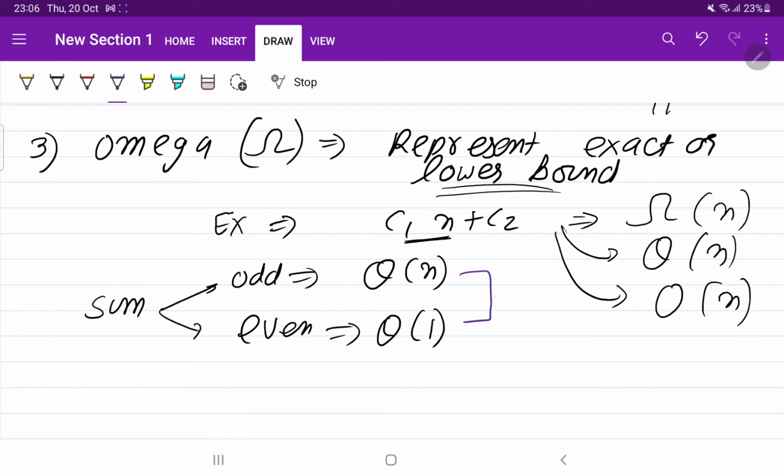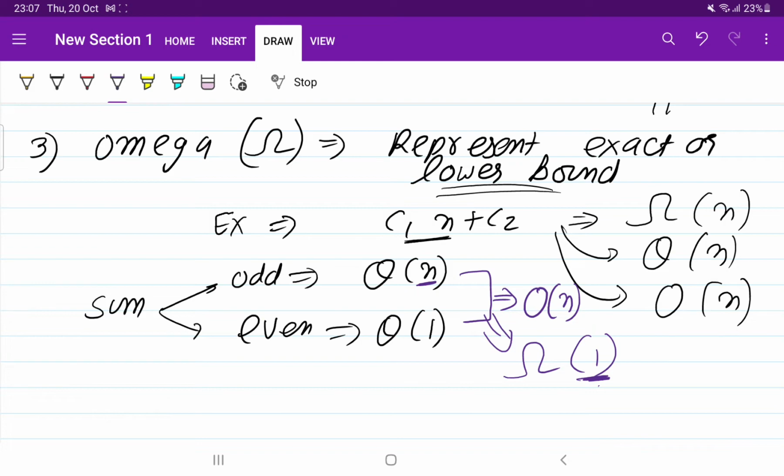Now if I told you to give me the time complexity in one word, you would say big O of n. What does this tell? That the maximum amount of time, or upper bound, is n. But you can also say it is taking omega of 1. It means it is giving the lower bound, meaning the time will be constant or it can be more than constant.